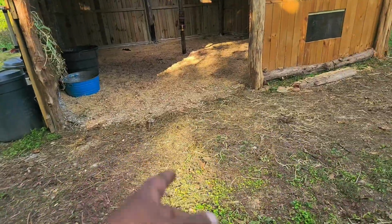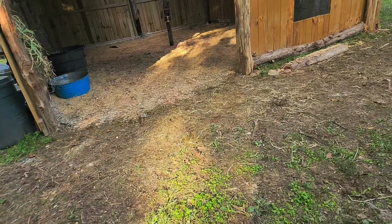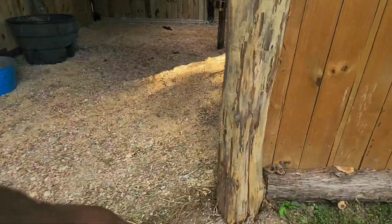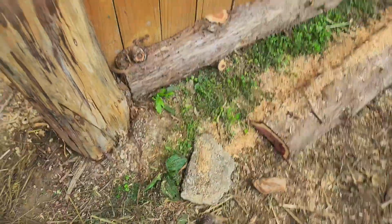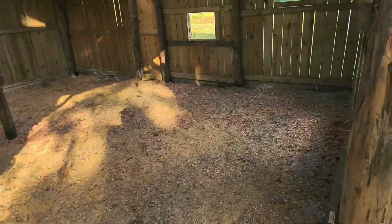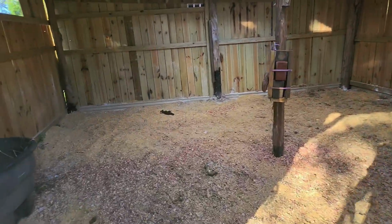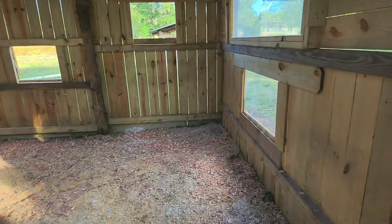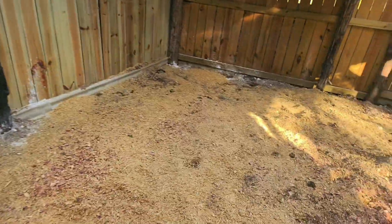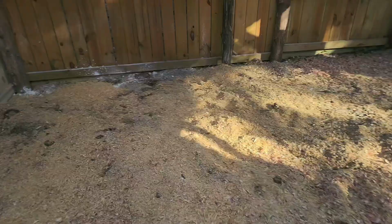The one that I was going to put down at the bottom, I actually used it for something different. So I'm going to find another log for that and take care of that. But today, I got my barn lime down, as you can see around on the edges, some of it. I completely cleared out all the bedding in here, got barn lime down all the way around, dried the ground up really good, and then put a total of 6 bags of,